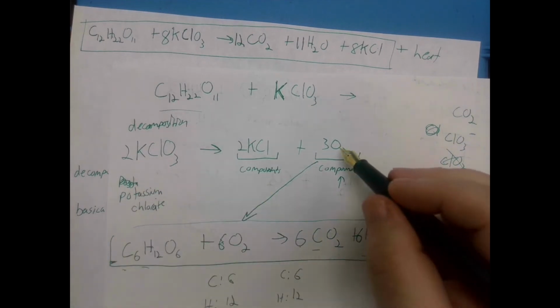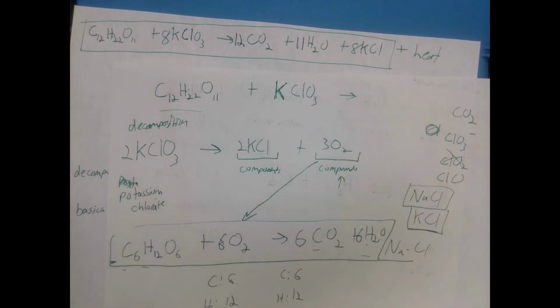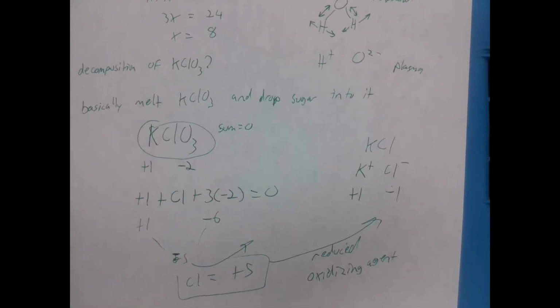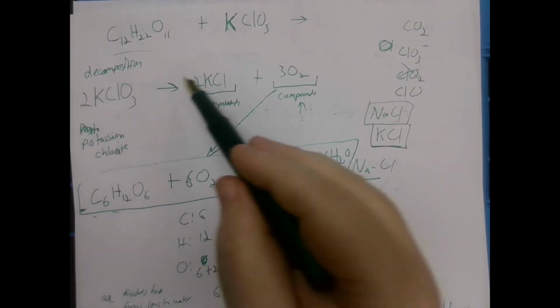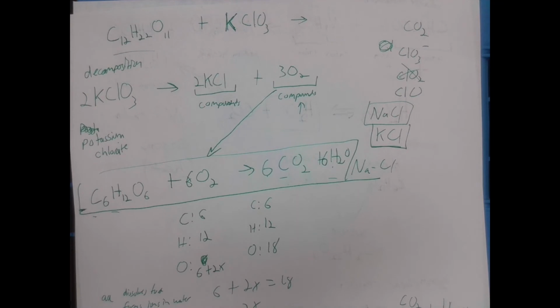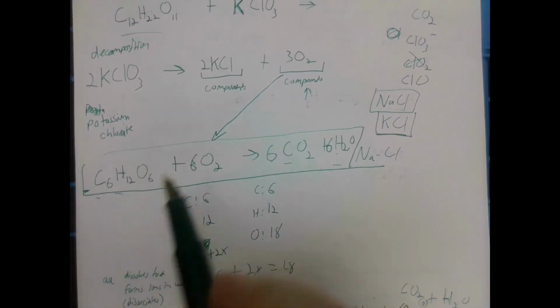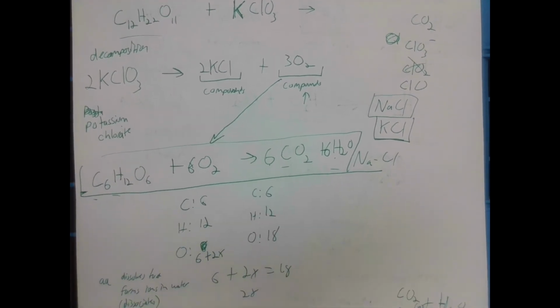Potassium chlorate supplies oxygen to the glucose portion of sucrose, which then does this reaction, which then produces more heat. More heat comes and decomposes more potassium chlorate. Potassium chlorate produces oxygen that can react with the glucose portion because it's a loose bond of the sucrose,